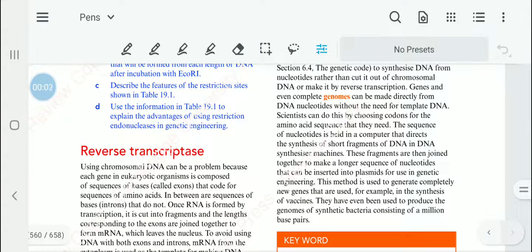Biology chapter 19 theory video 3, we are going to discuss reverse transcriptase. So now, using chromosomal DNA of a eukaryotic organism, the genes of a eukaryotic organism, is going to cause problems because